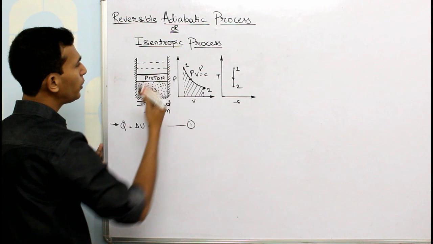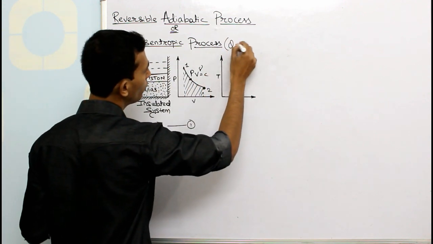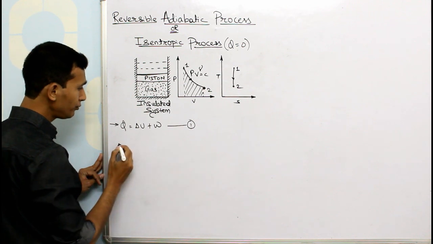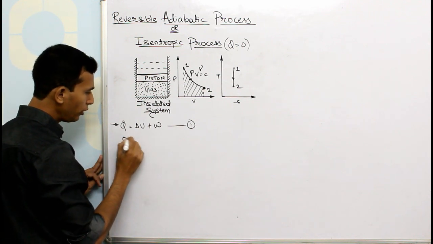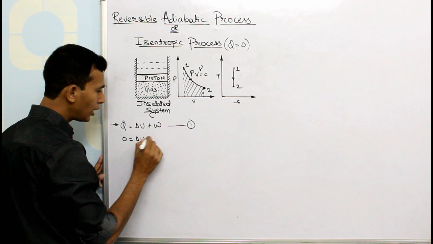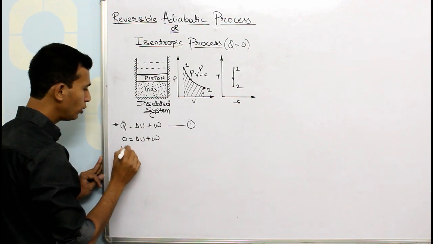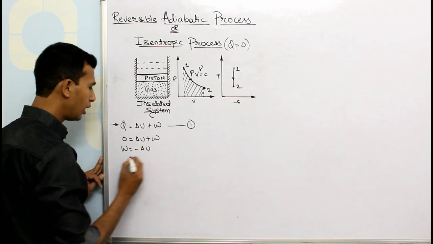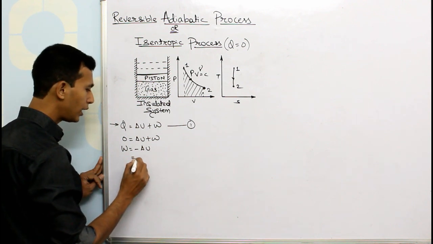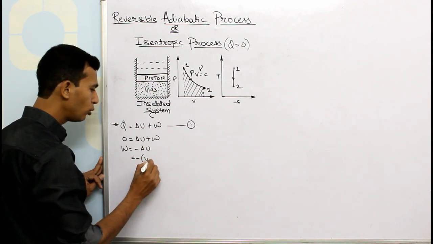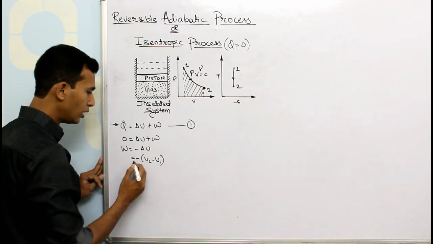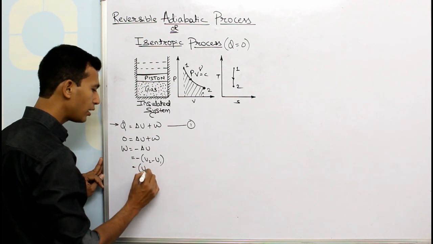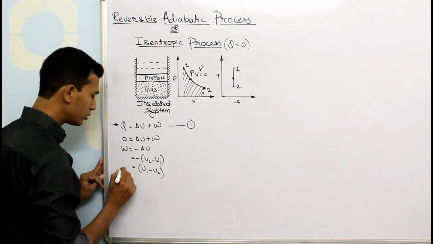Now for this process we have Q equals 0. So I can say here 0 equals ΔU plus W, or I can say W equals minus ΔU. Here putting the value of ΔU, I can write minus of (U2 minus U1). Taking this minus sign inside, I can change the terms and rewrite it as U1 minus U2, that is equal to